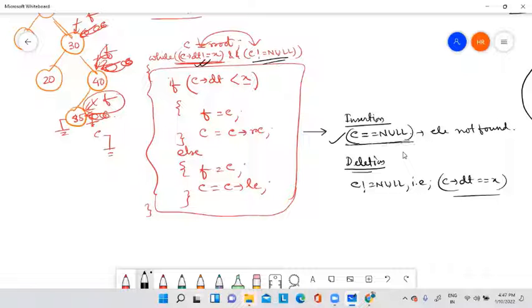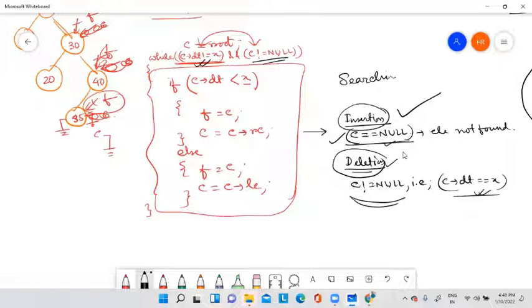So if C equals null, you stop and you are doing an insertion operation, then okay, you can. And if you are doing a deletion operation and you stop due to C equal to null, it means the element was not found, you cannot delete. So in case of deletion, you have to stop due to C not equal to null, meaning C arrow data equals x. You found the element, now you can delete. So first you have to perform the searching. This is a must for insertion or deletion.